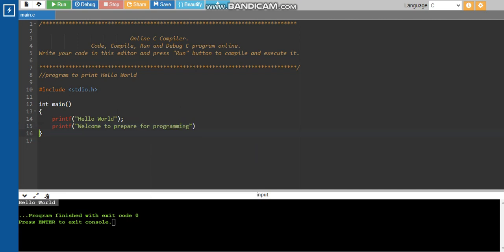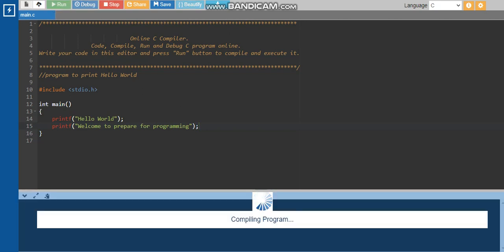Over here again I have to give the semicolon, and if I try to run this program, let us see what is happening.